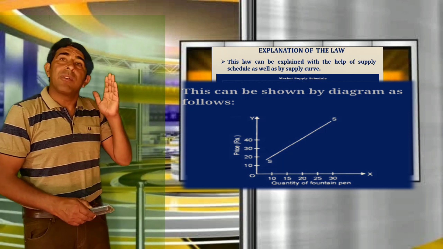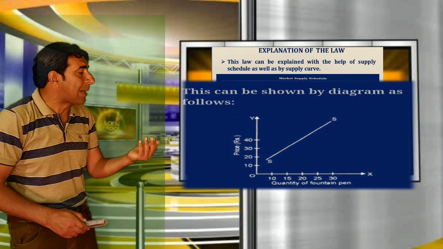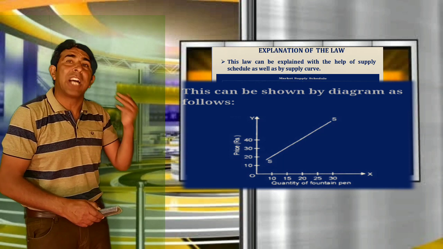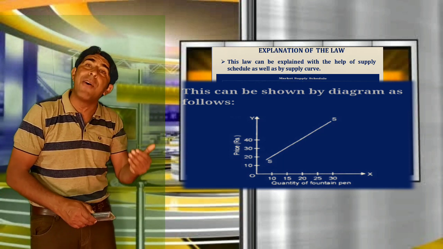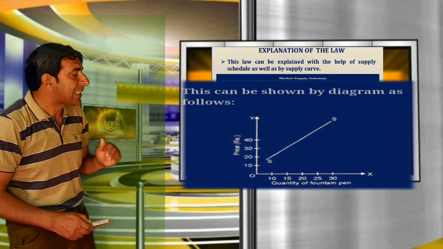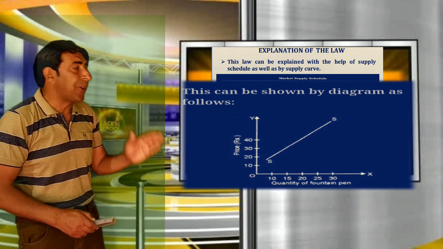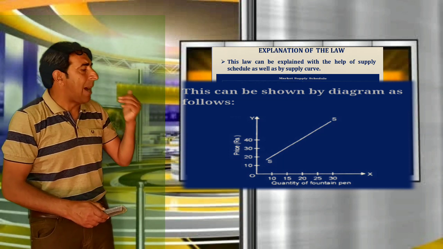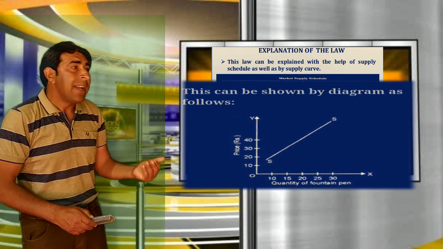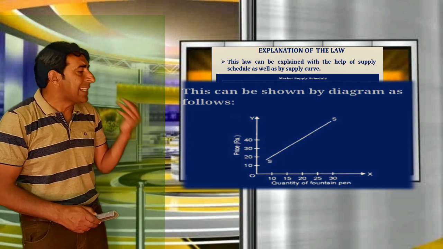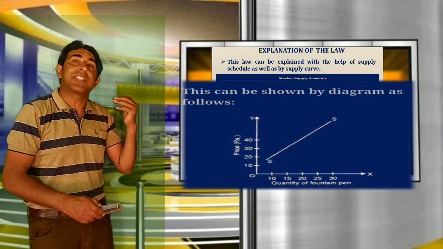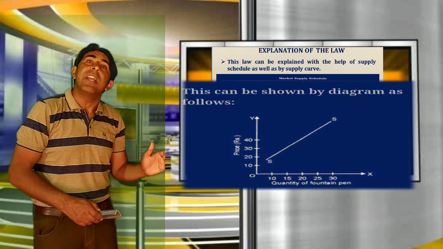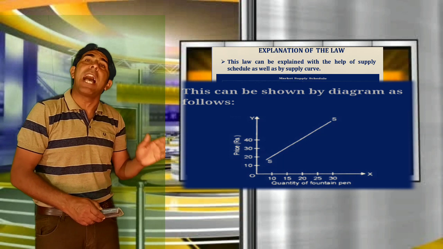Along the vertical axis, the y-axis, we are taking the price in Rs. In the diagram, we have the different units of the commodity, 10, 15, 20, 25 and 30, along the x-axis, the quantity supplied, and we have the prices 10, 20, 30, 40. It is clear that as the price increases from 10 to 20, then to 30, then to 40, quantity supplied increases from 10 to 15, then to 20, then to 25. After completing this, we draw a supply curve which slopes upwards to the right.